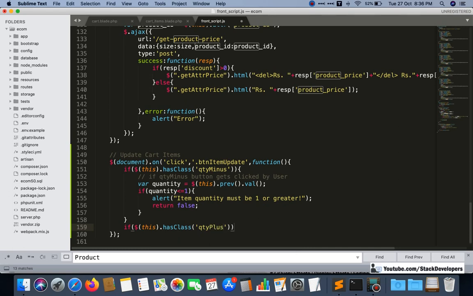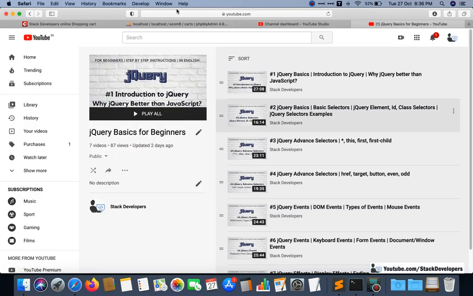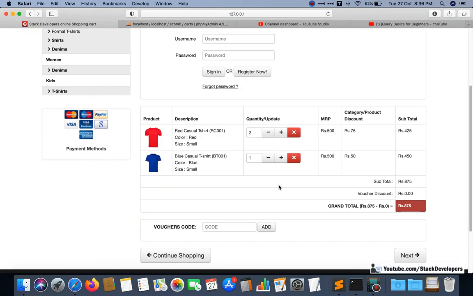Okay, if plus gets clicked, then if the quantity plus button gets clicked by the user, okay, then see, now this time we are going to click this plus.